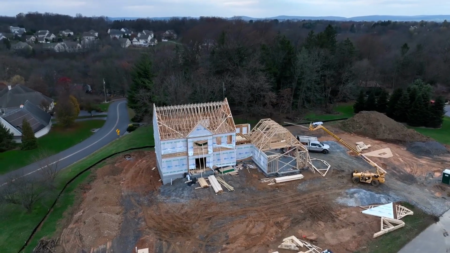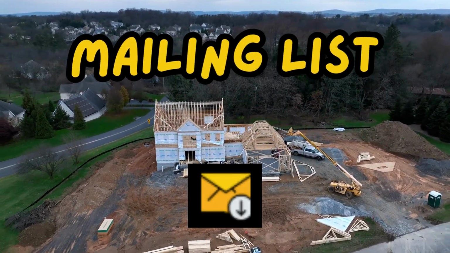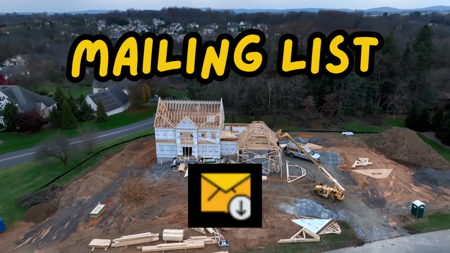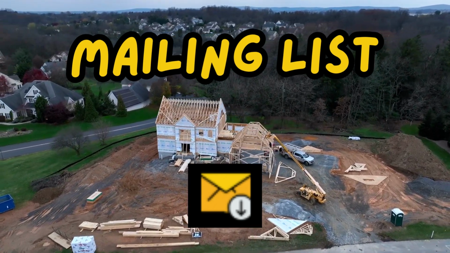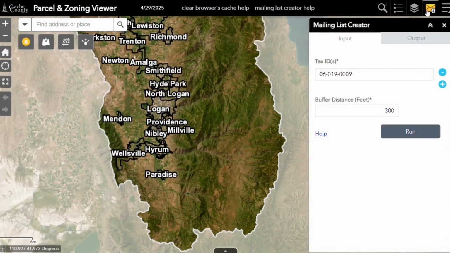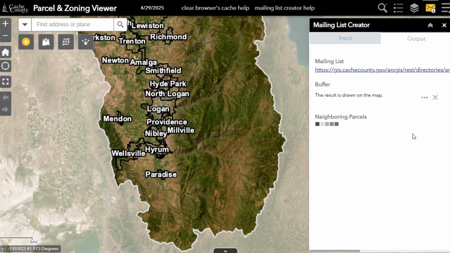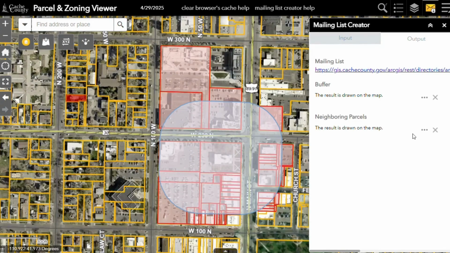Now, speaking of building things and dealing with local laws, we have to talk about the mailing list widget. Oh, this is arguably one of the most practical labor-saving tools in the entire suite. It really seems like it. Yeah. You input one or more tax IDs, and then you set a buffer distance up to 1,000 feet around the property. The viewer then instantly generates a CSV file of all the property owners within that buffer, perfectly formatted